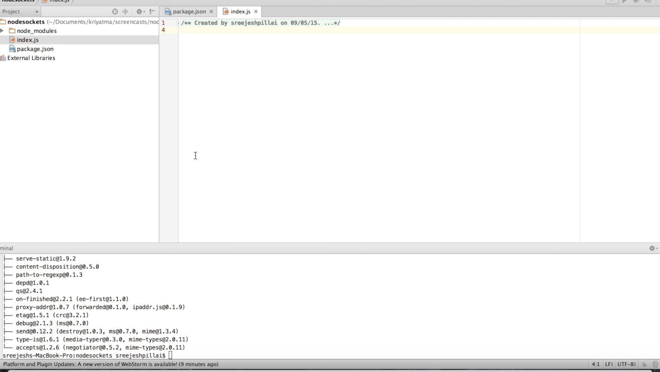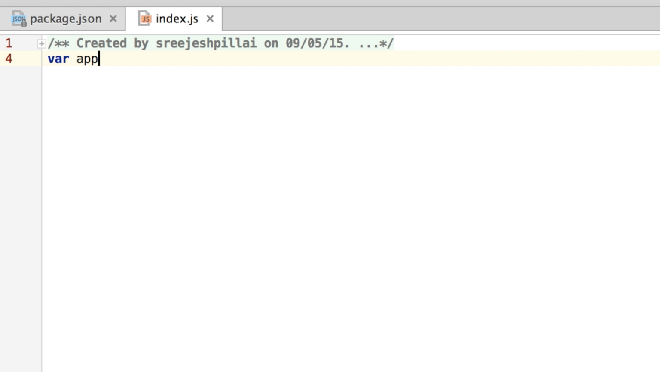Let's start with adding the code to run this server. We will be running this server on port 3000. You can give your own port as you wish. So the code for that will be